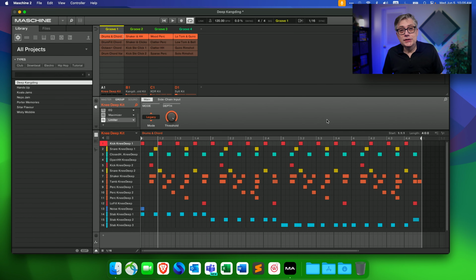So let's open up the Maschine software, and I'm only using the software today because everything that we need to do, we do within the software, and controlling that from the hardware is relatively straightforward. So if you are used to working with Maschine, this should not be that big of a deal.